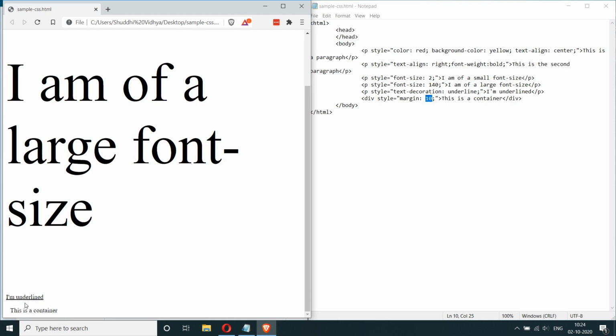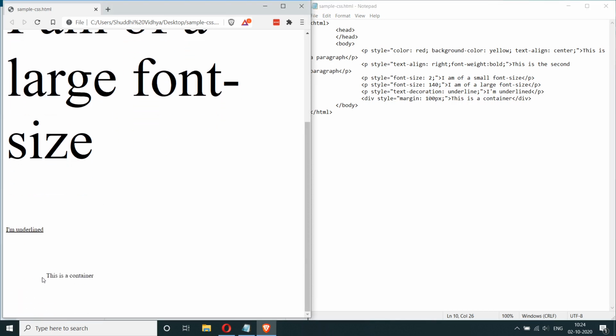We also have a margin of 10 around: the top, right, bottom and left all have a 10 pixel margin. So the margin property gives you a margin around the element. By default it gives you pixels, so you can also say px just like this, and it will be the same. Now if you make this 100, you'll see that it is given a 100 pixel margin at the left, top, right and bottom.